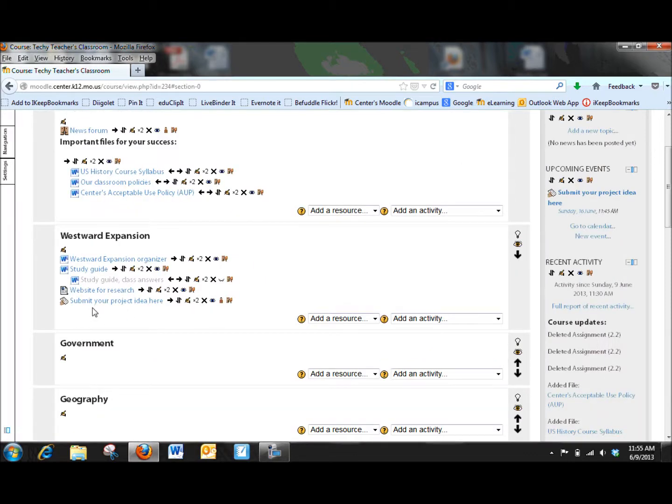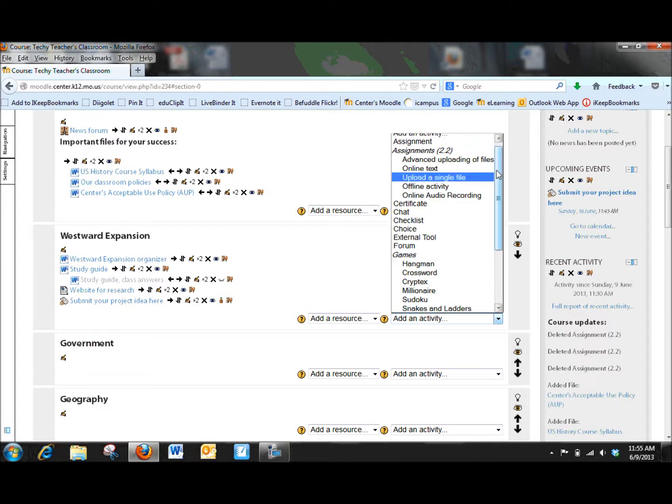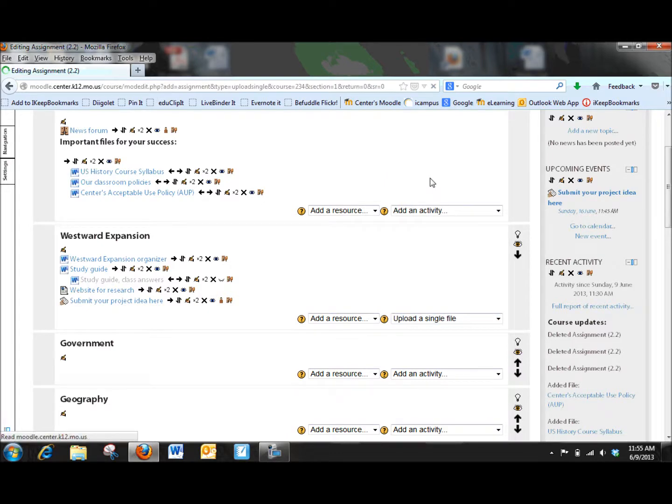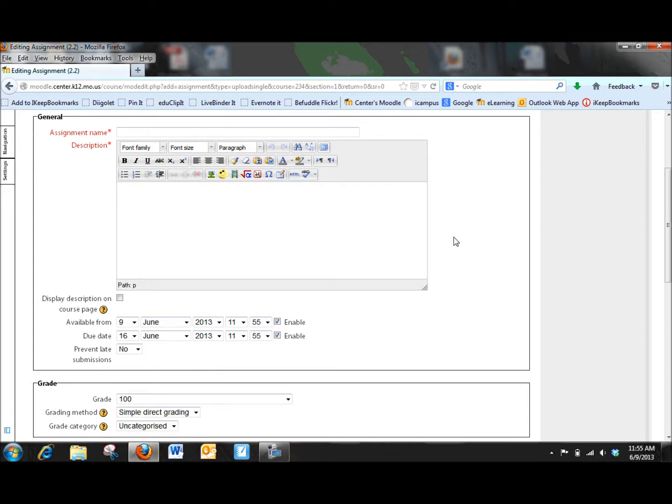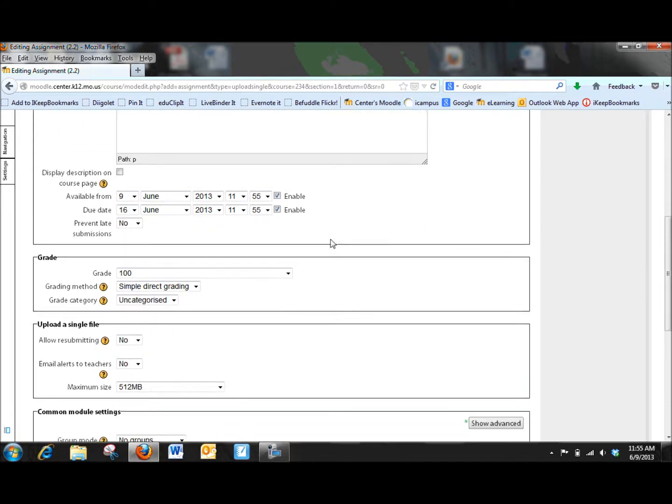So here's my assignment that I just entered under my westward expansion block here. I want to dive right in and take a look at the second assignment, and it's the one that's uploading a single file. So when we go into this, you'll recognize again your required fields and the dates and